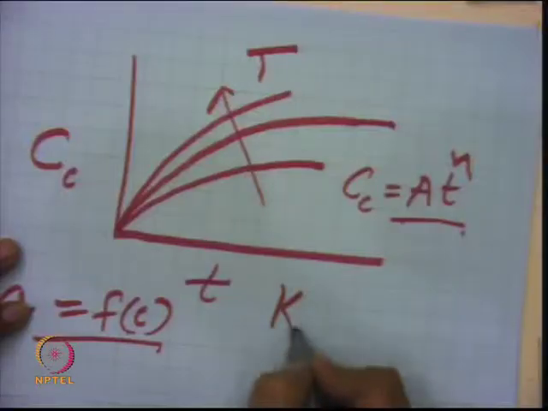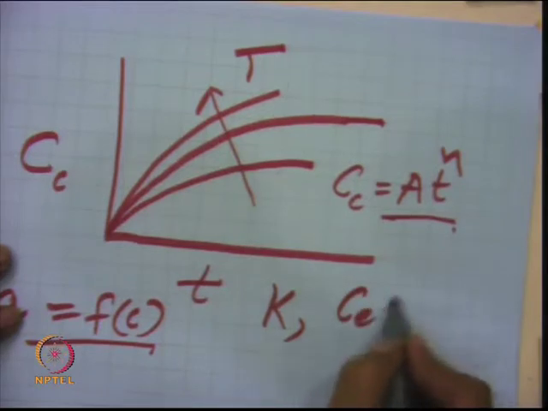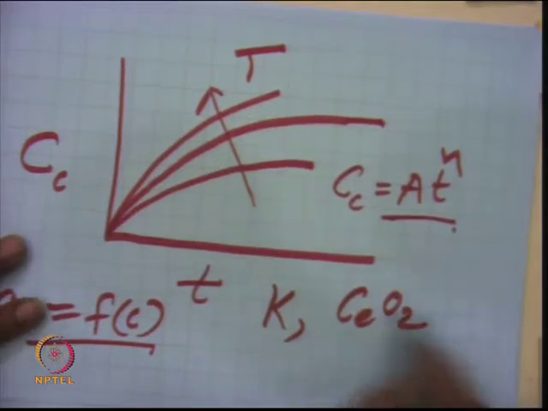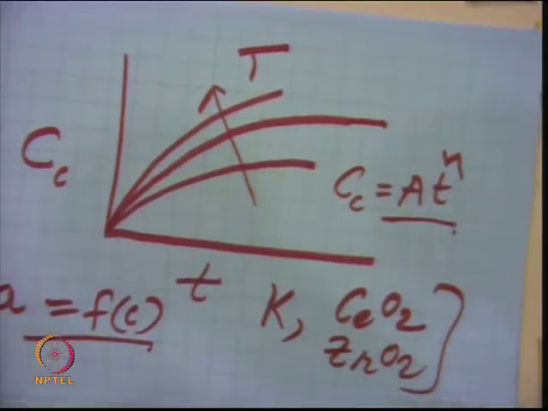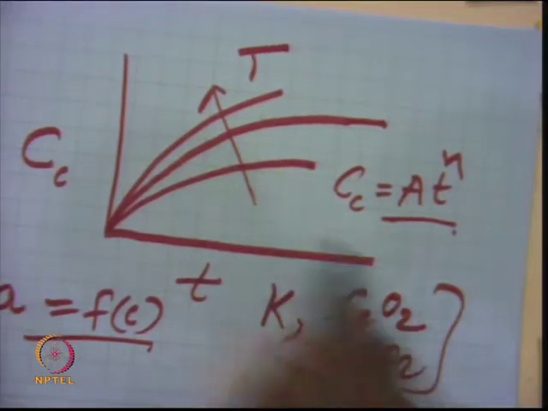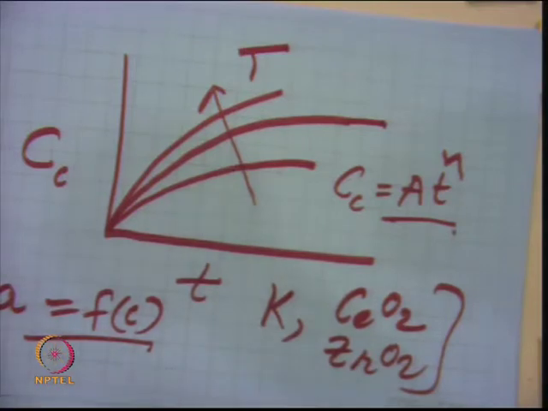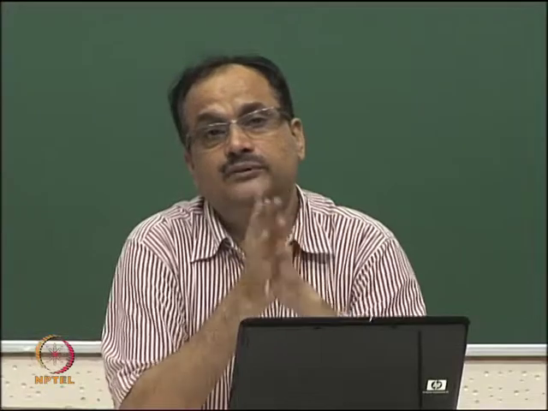Same thing, ceria is added, zirconia is added, because they have excess oxygen in the lattice structure. So, all these materials like potassium, ceria as a support, and zirconia can be added as a promoter. These are the basic promoters. As I said, the more acidic the catalyst, the higher your deactivation will be, because carbon formation will be more on an acidic catalyst.